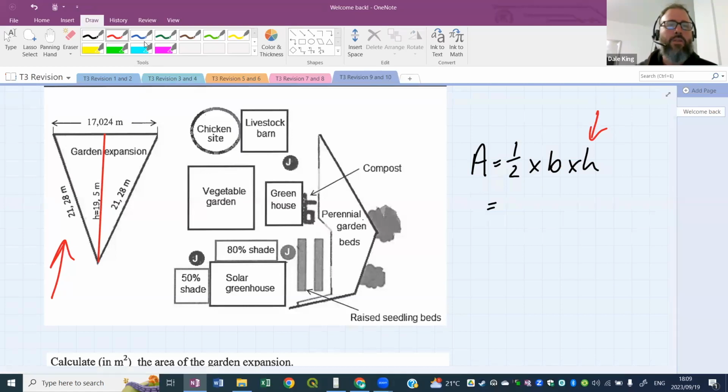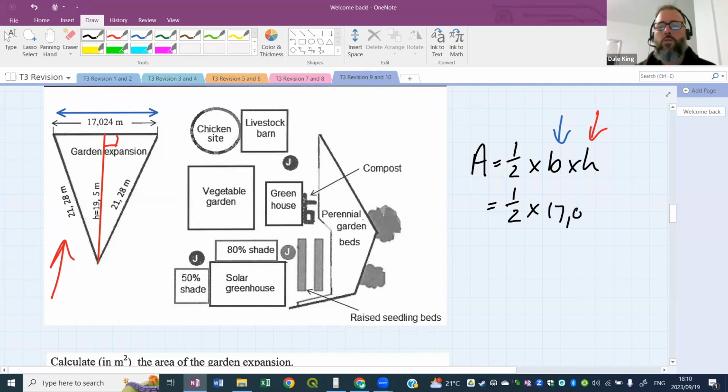And the base, B for the base of the triangle. Where's the base of the triangle? 17,024. Yeah, good. So this one here is the base. Okay, there's our base over there. Good. So there's B for base. All right. So the height is actually a perpendicular height. This height must come off at 90 degrees from the base. So the height that they have in a triangle must come off the base. So that's the height we're talking about. All those other numbers are just there to try and confuse you. So the base is 17,024